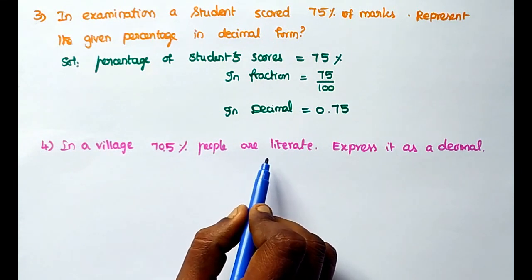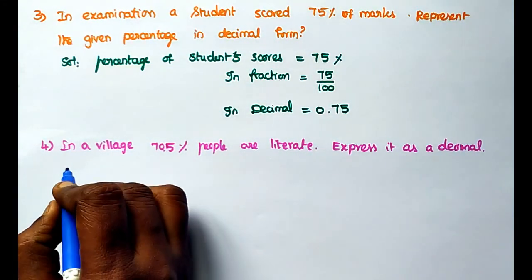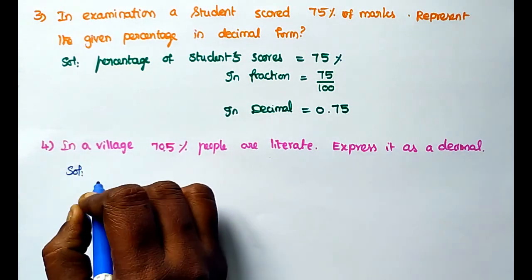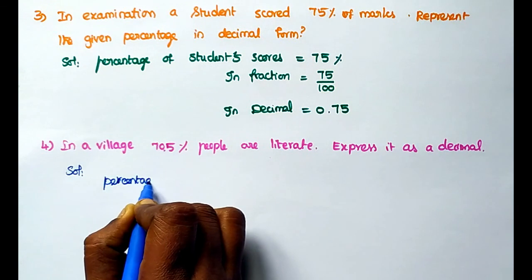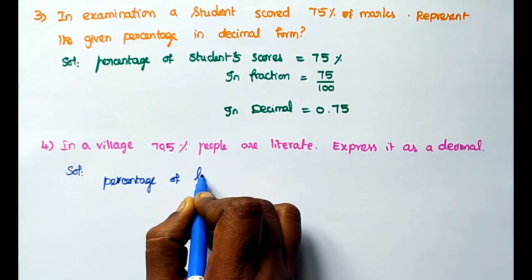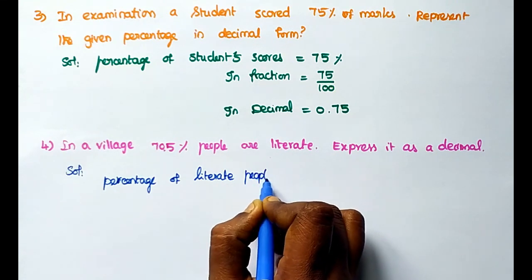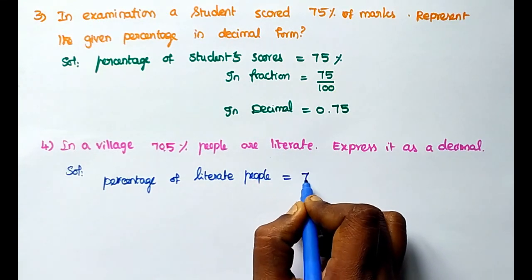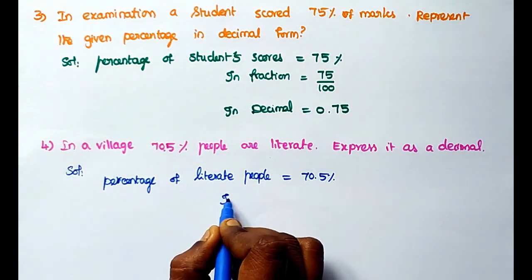Next one, fourth sum, in a village 70.5% people are literate. Express it as a decimal. So percentage of literate people equal to 70.5%. Now in fraction,